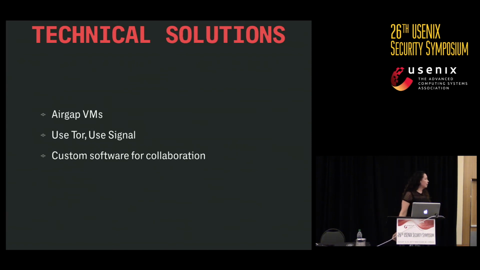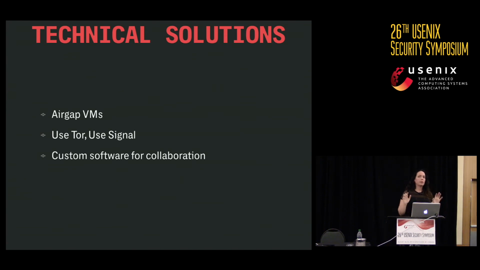And so the answer that we came up with was fairly simple. We put air-gapped virtual machines on the journalists' laptops so that they could easily move documents into them, but still open them. Because as I said, we had determined they were not really malicious. We were just concerned about the company being alerted to us having them in case of network callbacks. And we also needed a way to more quickly move in news sources for the journalists. Obviously, use Tor, use Signal, research over Tor, collaborate and discuss this story over Signal with disappearing messages.